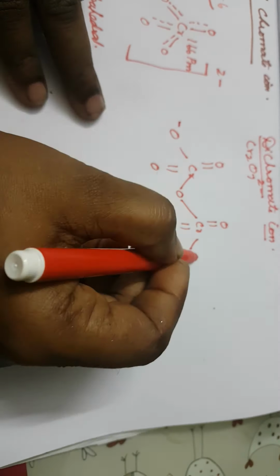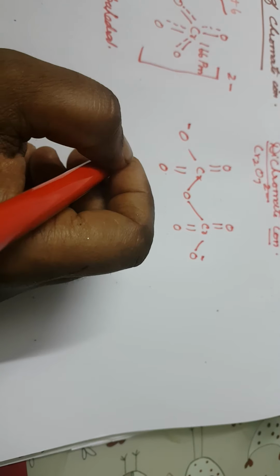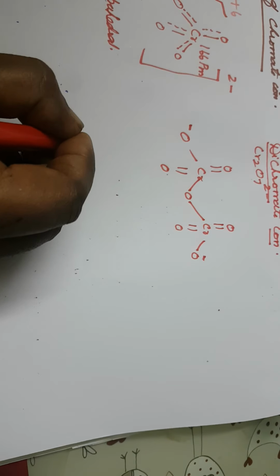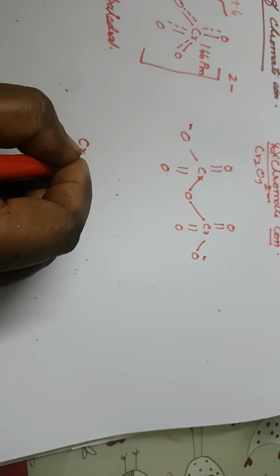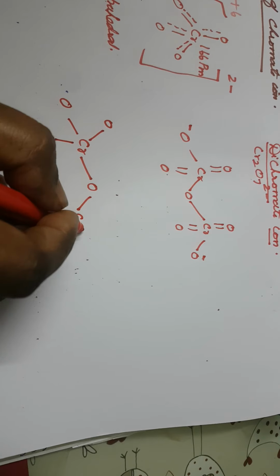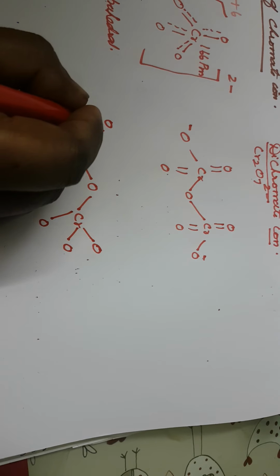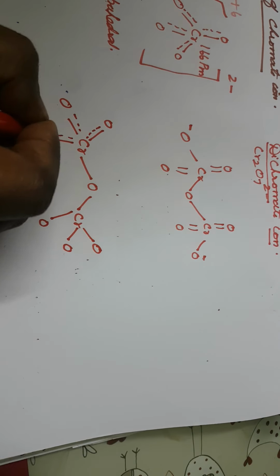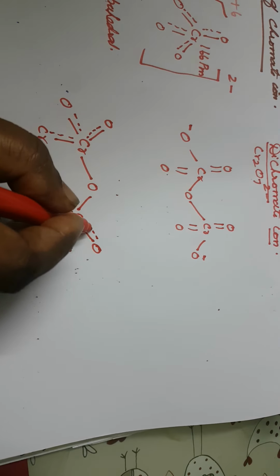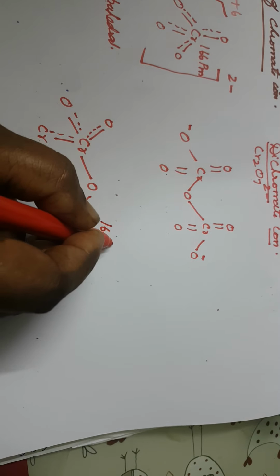Single bond means the minus symbol. Here is this chromium structure. How to write the oxides of chromium structure? Here again Cr, here oxygen sharing chromium, here three oxygen, three oxygen. What is the meaning of that? The three oxygen chromium bonds are equal. So the chromium oxygen bonds are equal. What is that length? The bond length is 163 picometer.